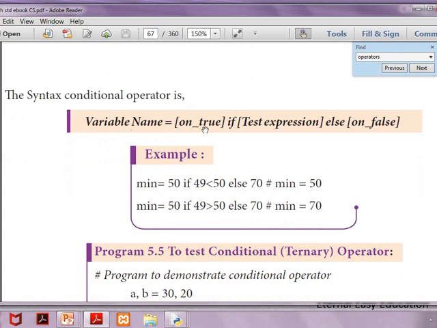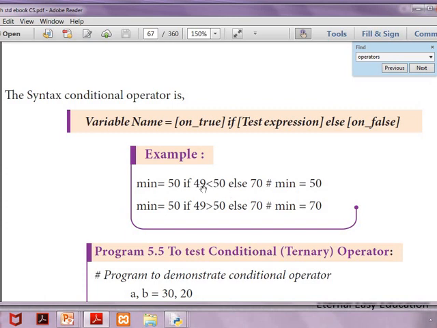Variable name equal to on true. That means if the condition is true, what should come on the variable should be given here. So here there are two values, 49, 50. They are asking the condition is 49 less than 50.